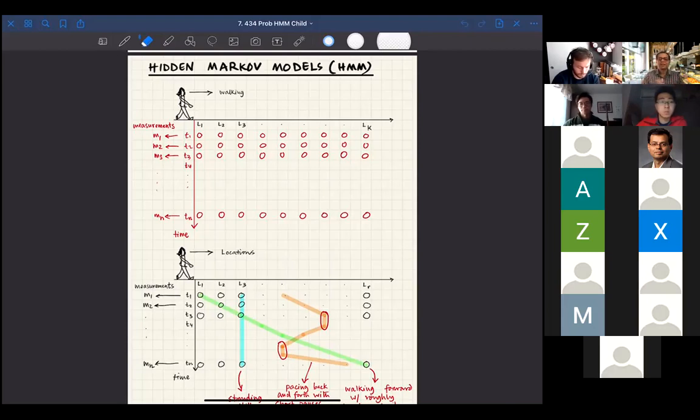Okay, so let's dive in. Quickly, a recap of hidden Markov models that we started talking about last Monday. So our goal, what was our goal? Our goal was, look,